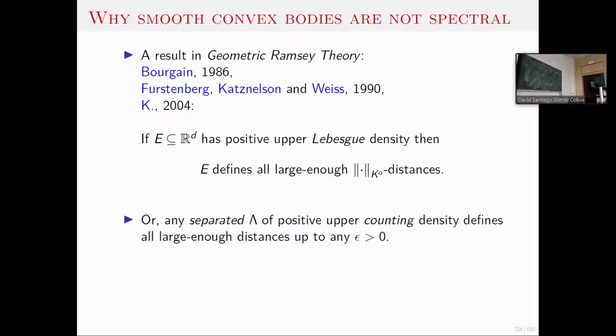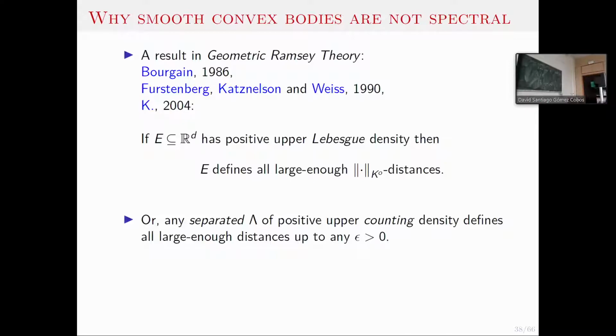It's very easy to reduce this to that. How do you do it? You start with something of positive counting density. You add an epsilon ball at each point. It becomes a set like that. You apply your theorem. You get points with the exact density. Then you move to the nearby lambda points and you're going to lose epsilon. That's it. So whenever you have a separated set of positive density, you're going to get close to any distance